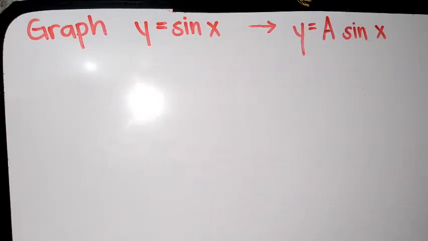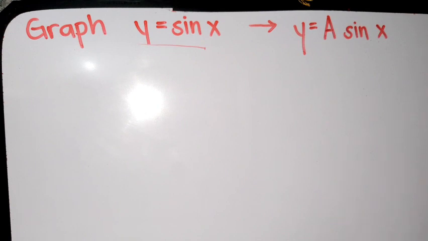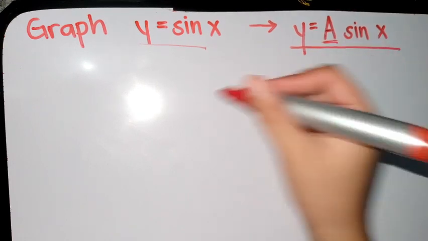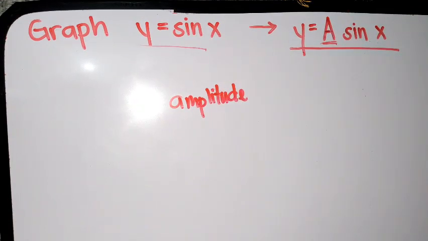So now we're going to graph again y = sin x, but in this form: y = a sin x. Here, a stands for the amplitude. The amplitude is the displacement on the graph, or on the Cartesian plane we're going to use in graphing. Now, we have here, for example,